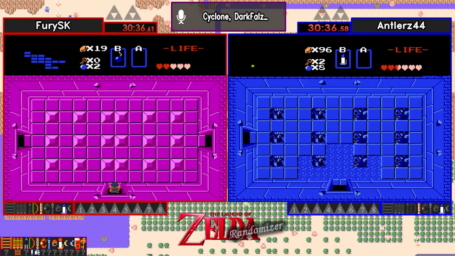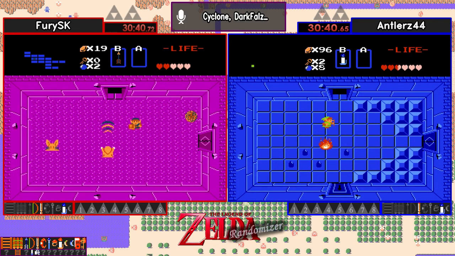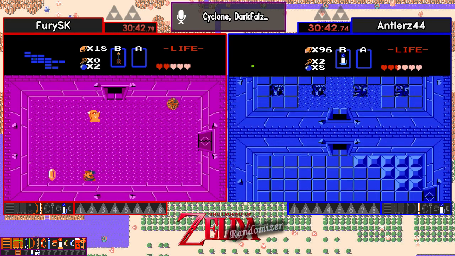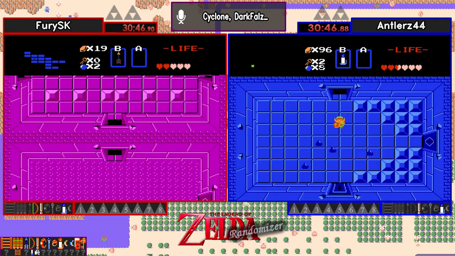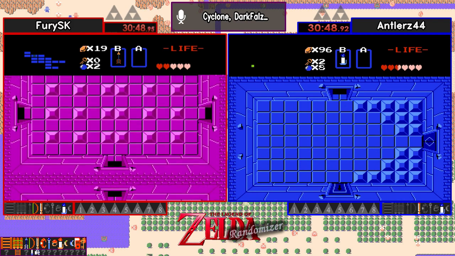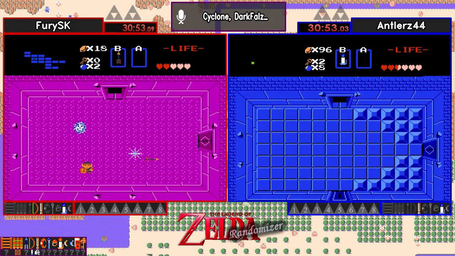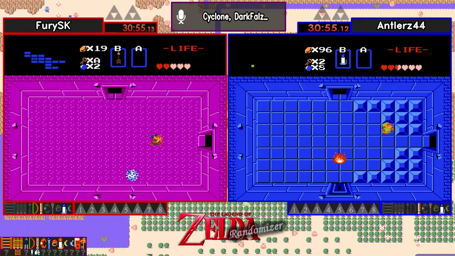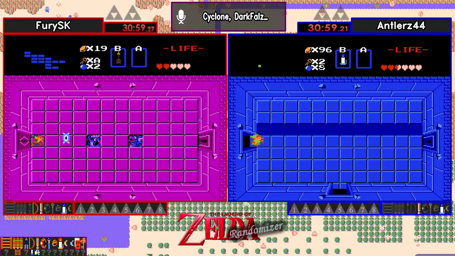FurySK is going to reset the room, try and get the Wizrobes to spawn out of the room. He was partly successful. We are playing with a heart shuffle, so any of these rooms can have an item drop. So you want to dig things out as you go. And we have the any key! That's a huge find for Fury. Any key is a great find in level...